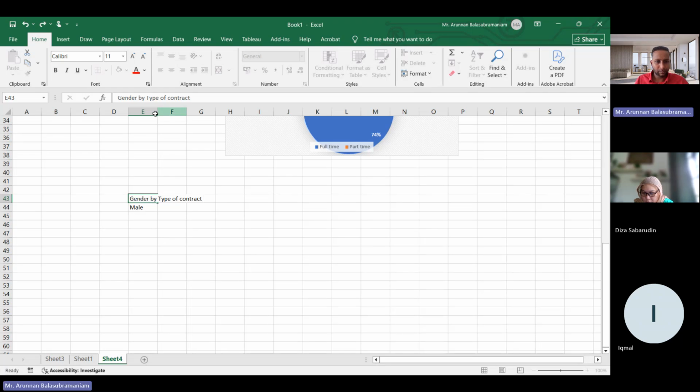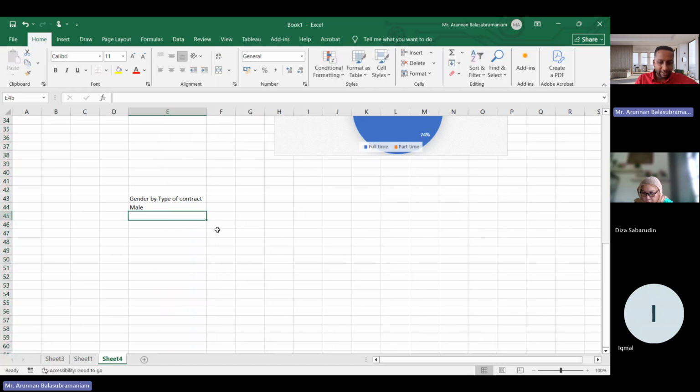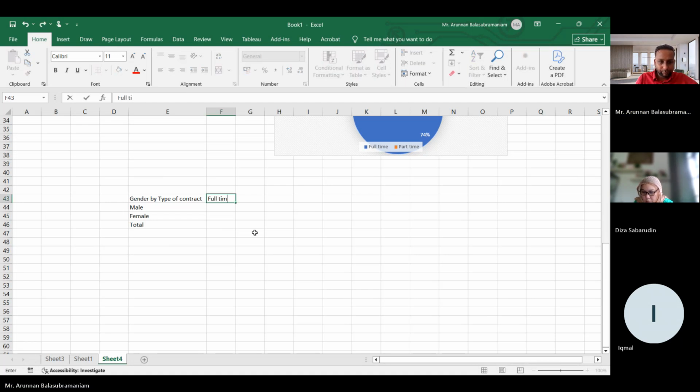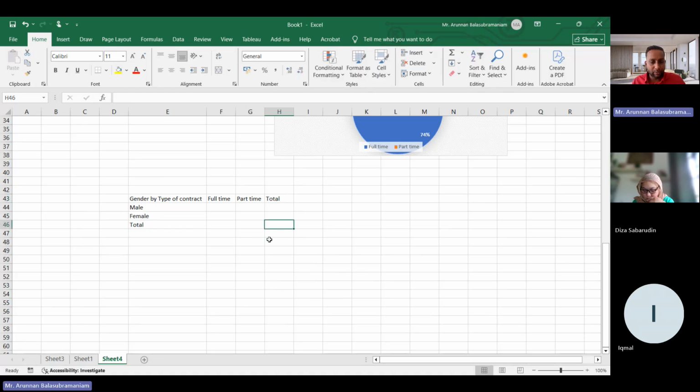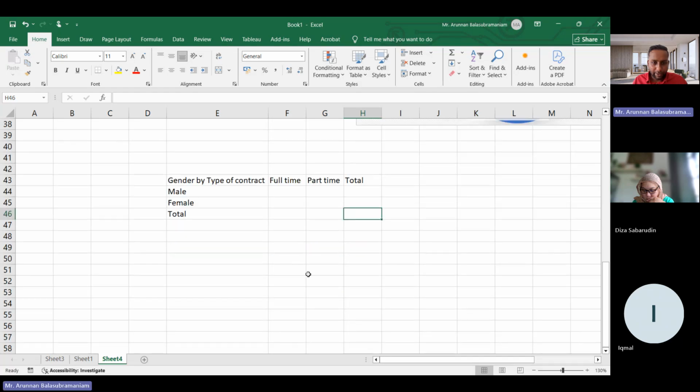So let's say you have a gender, male and female, and you must put in a total over here. Let's say you have a type of contract, full time and part time, and you have to put in the total over here. That means we would like to look at how many, this is what we call